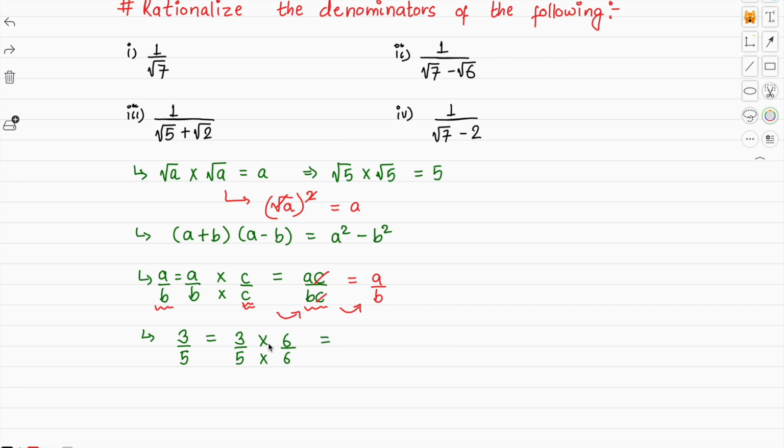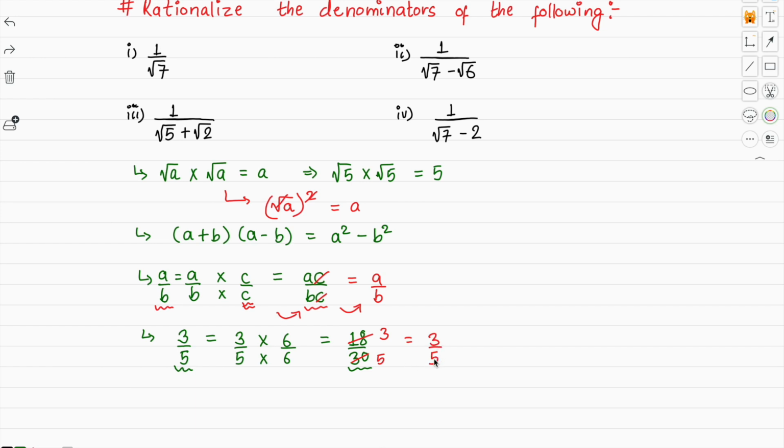We would get 3 times 6 is 18 and 5 times 6 is 30. This 18 by 30 fraction is the equivalent fraction of 3 by 5, and both these fractions are the same, okay? Because we can cut this fraction by 6. We have 6 times 3 is 18 and 6 times 5 is 30, and we would again get our original fraction, which